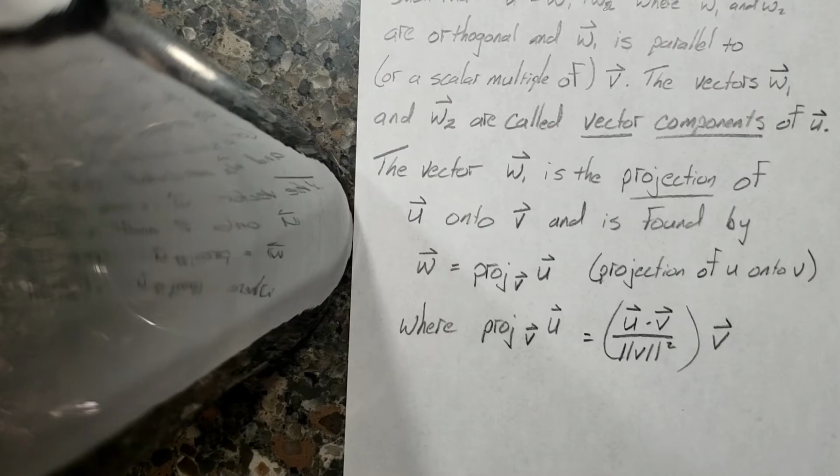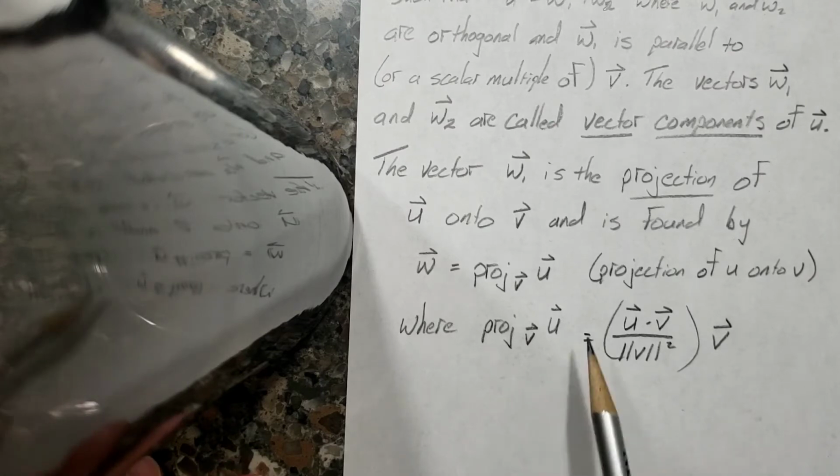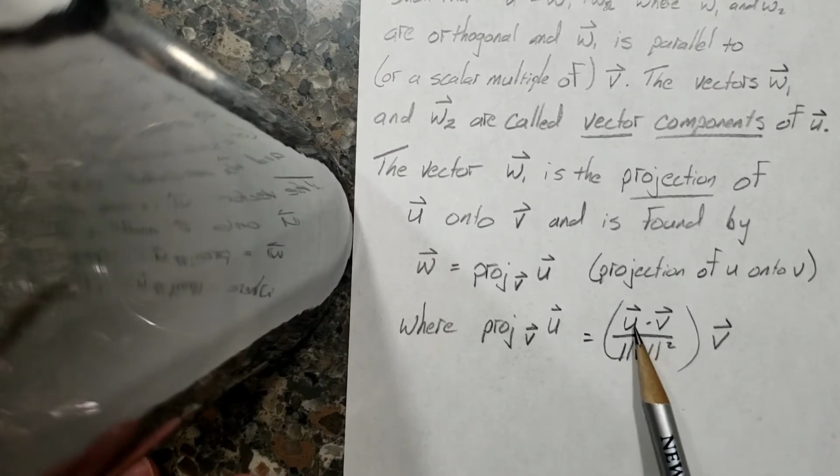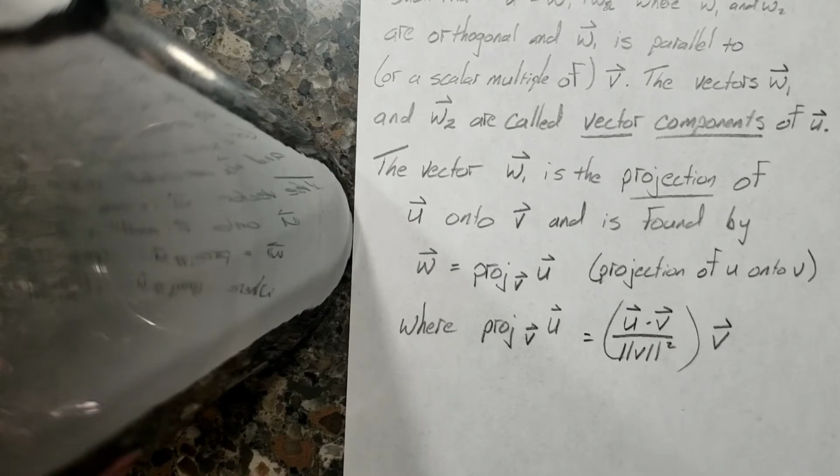And that's a formula. It's a straightforward formula. The projection of u onto v is the dot product of u and v over the magnitude squared of v times the vector v. Okay? You might want to look through that again, soak it all in. All right? And then what I'm going to do is do an example